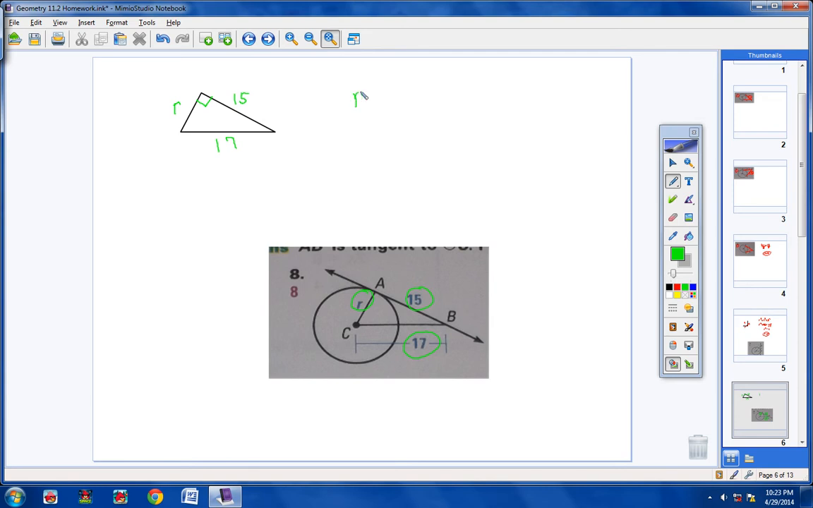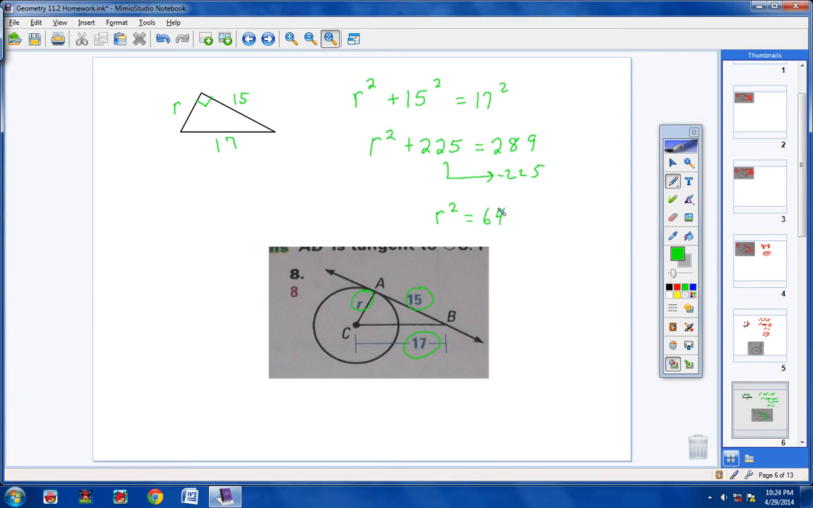So I have one leg is r, the other leg is 15, and my hypotenuse is 17. All right. Well, if we have 15 squared, we're going to get 225. And if we have 17 squared, we'll get 289. So we have r squared plus 225 equals 289. Now bring the 225 over and make it a negative 225, and you're left with